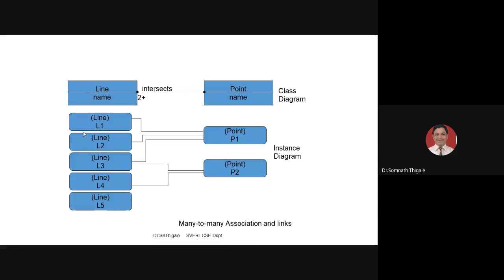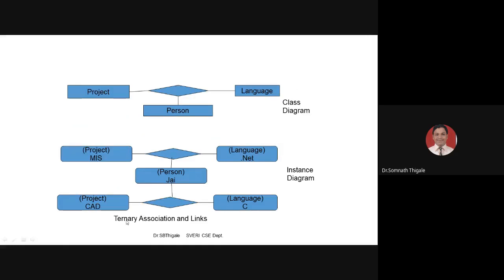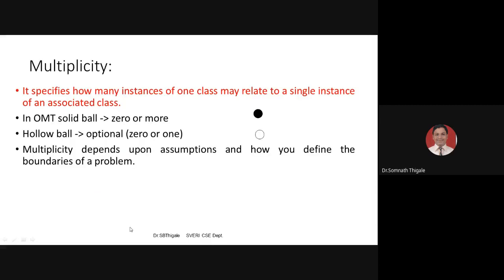Then next we discussed many to many association, where I told you to remember a simple example: a collection of points to prepare the lines. There may be different points again. So simply remember this to discuss the types of association, many to many. Then we discussed ternary association, which talks about more than two different elements associated with a single entity, so we represent it with ternary association. Then we were discussing multiplicity.